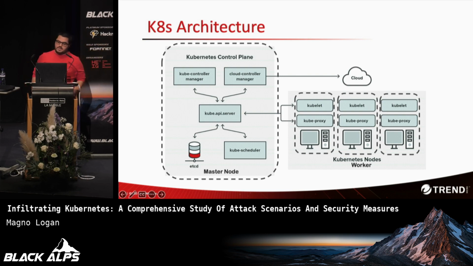On the right side there, we have the worker nodes. The worker nodes each have 3 main components: the kubelet, the kube proxy, and the computer there represents the container runtime engine. The kubelet is the agent of the cluster. It's responsible for managing the containers that are executing on each node, and it's also sending health information back to the Kube API server.